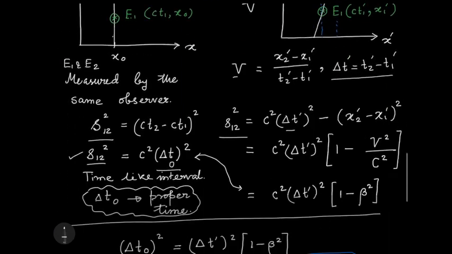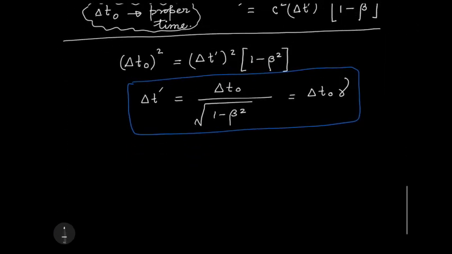Gamma is always greater than 1. Okay, so time, that's why it's called time dilation, because it's like you are waiting for a train and the train is not coming. So you feel that the time is moving very slowly, and that's why it's called time dilation. Okay, so the time that you measure between two events happening in the trajectory of a particle which is moving with a velocity v